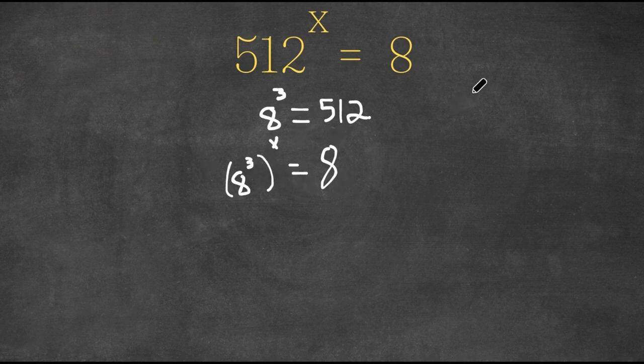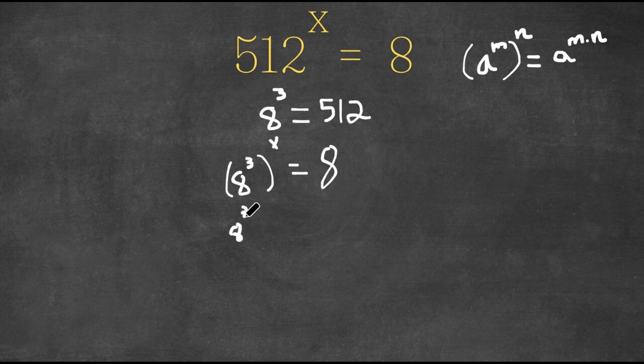Now, if we have something in the form a to the power of m, to the power of n, and this is an important property for exponents, this is actually equal to a to the power of m times n. So 8 to the power of 3, to the power of x, is equal to 8 to the power of 3 times x, which is simply 8 to the power of 3x, because 3 times x is 3x. So now we have 8 to the power of 3x